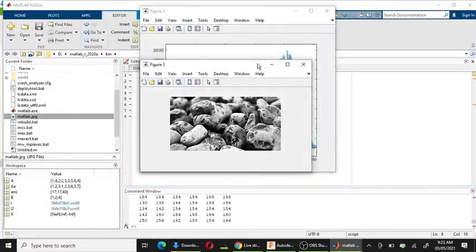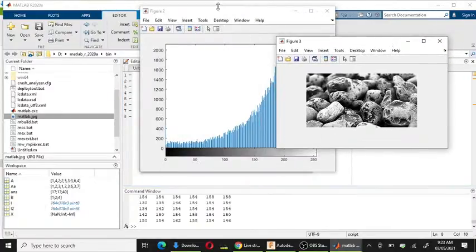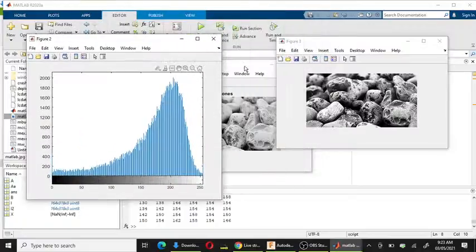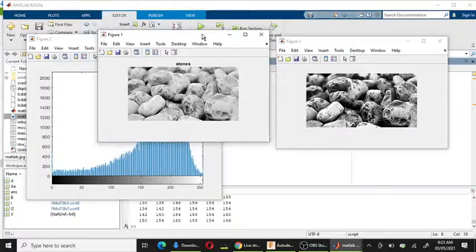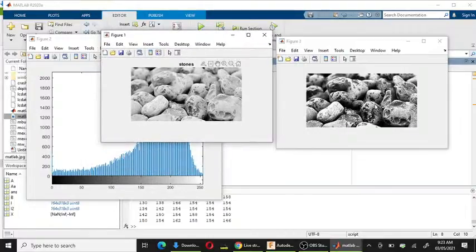Okay, this is our first image. Let's see the differences between this and this. This is the original image. This is the histogram equalized image. Now you can see how it distributes the image pixel intensity.